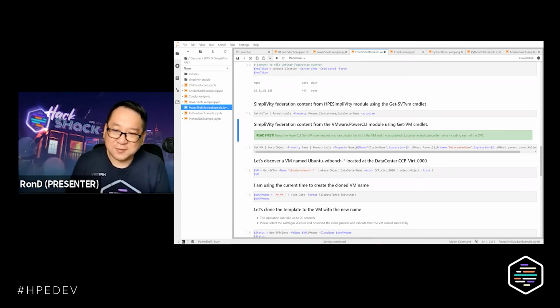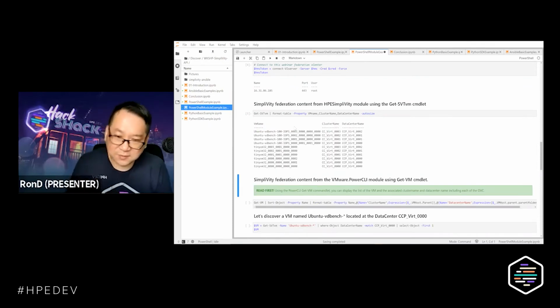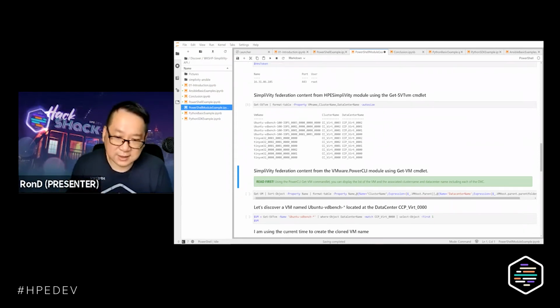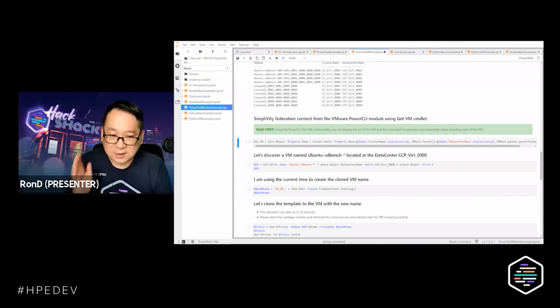And here it is, we are displaying the information about HPE SimpliVity, coming through the SimpliVity module. Using the SimpliVity modules, we are able to provide information of the virtual machine that is located in which cluster name in which data center. With the PowerCLI, we can do the same type of operation. It's a little bit more complicated here, but you can also obtain the same information.